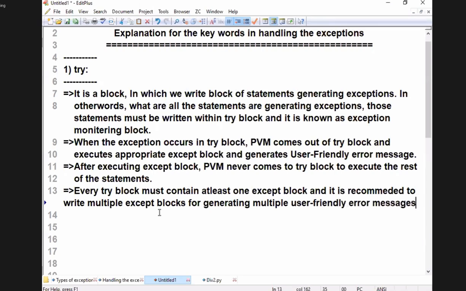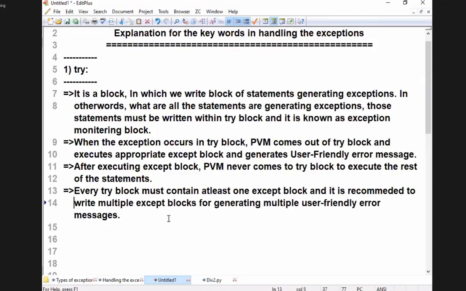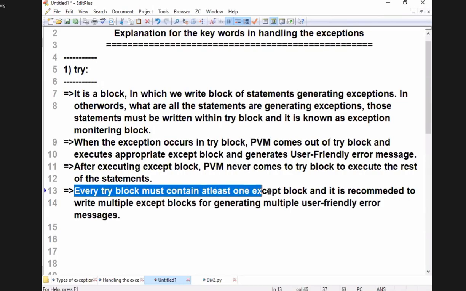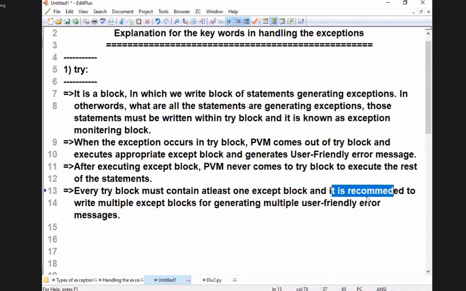When my program gives multiple user-friendly error messages, it is going to be robust. So, every try block must contain at least one except block, and it is recommended to write multiple except blocks for generating multiple user-friendly error messages.